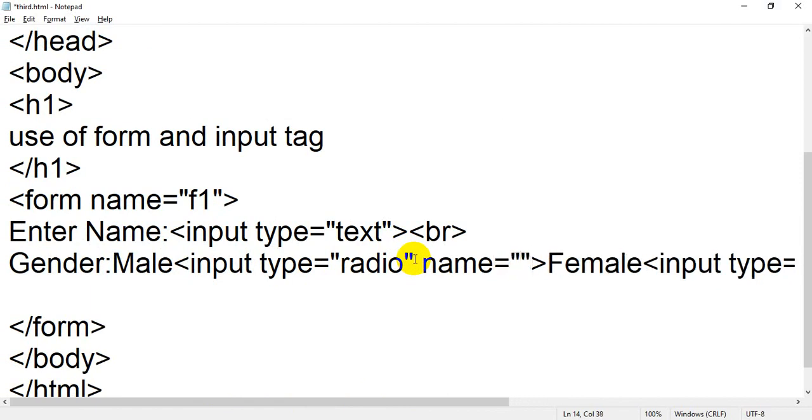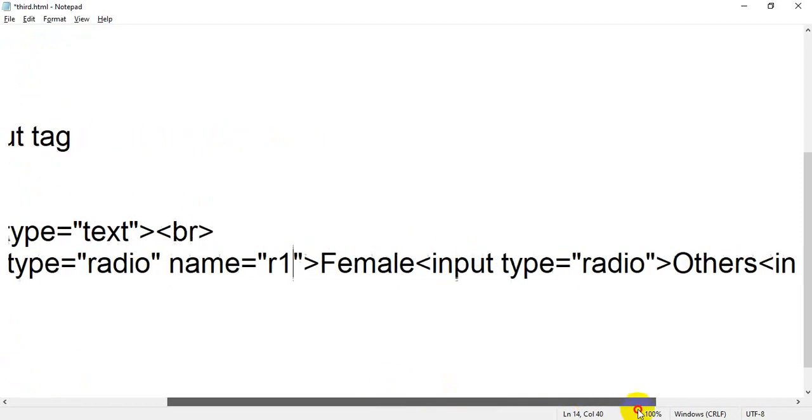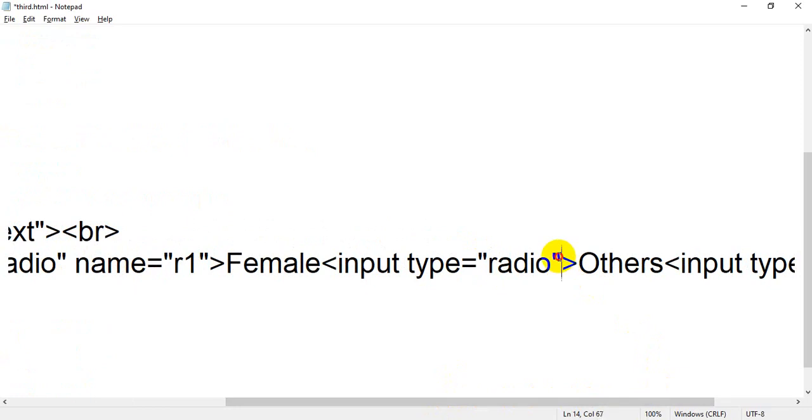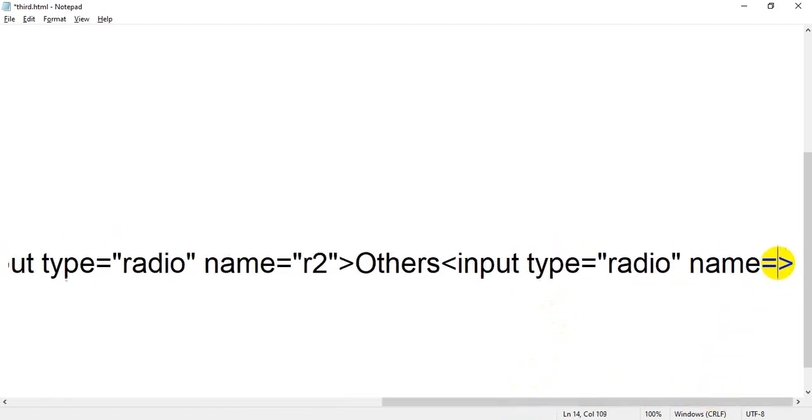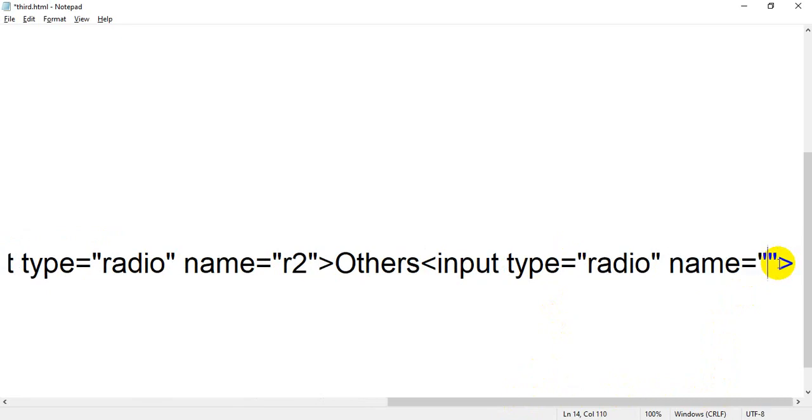For example, for this radio button you can assign R1. You can take any name. Then in this radio button again take one more name, name equals R2. And in the last radio button again take name equals R3.